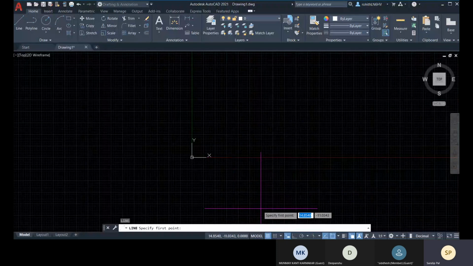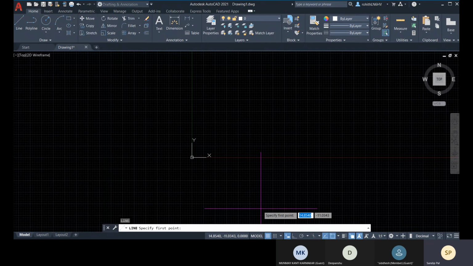Now we have two coordinate types, Cartesian coordinates and polar coordinates. Cartesian coordinate is when you are identifying or calculating any location based on x, y, and z direction.